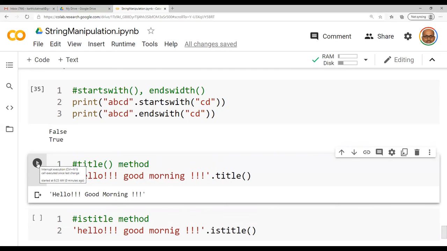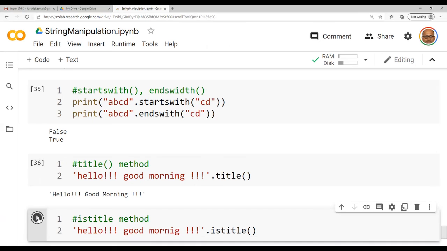Whereas the second one checks whether the given string is a title or not, and hence it will yield a Boolean value. I think for this output it will be false. Why? Because everything is in small letters.